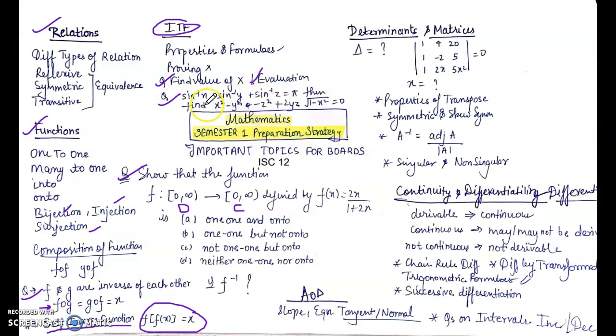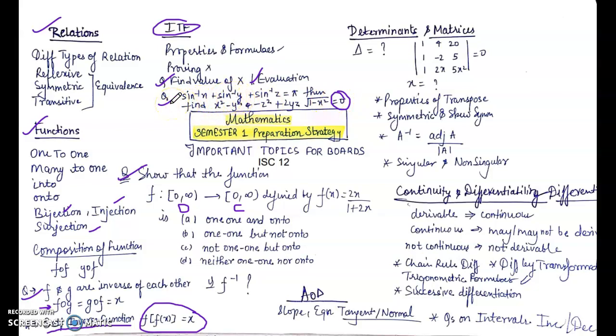But they may ask you to find the value of x square minus y square minus z square plus 2yz under root of 1 minus x square. I have given you the answer, but you have to choose the correct option. So when you find this out, you will get the answer equal to 0. So you should know how to solve this question.